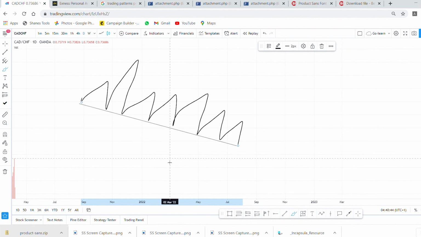Market can just keep on respecting that slope, and it can be both ways. It can be both a support, remember, anyone down is a support, and it can also be a resistance, rejecting from the top. All right. So now,